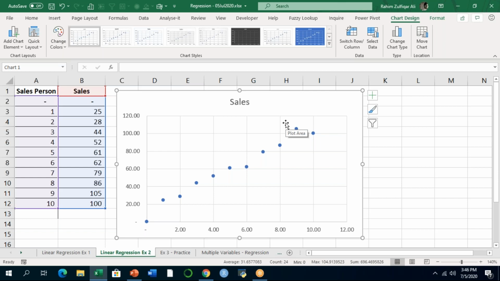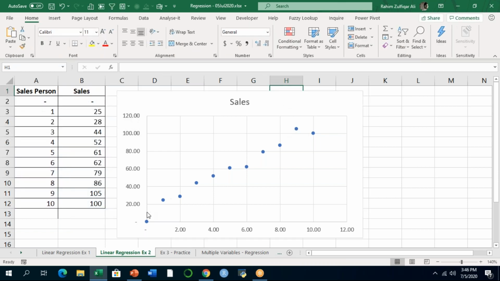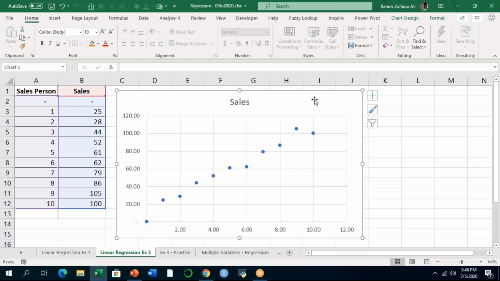But now we have a different kind of pattern. Whenever we increase the salespersons, the sales are also increasing, but with a different addition, and also decreasing as well. Now we need a straight line closest to these dots so that we can predict what is going on. Okay, so it's very easy. What we will do is click on this chart, click on this plus sign on the right side, adding a trend line,